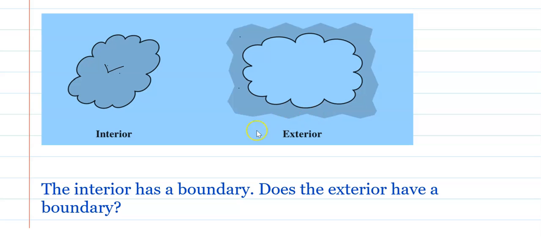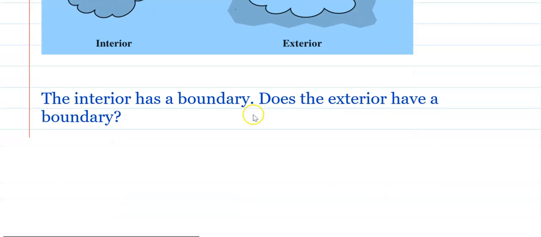Okay. Now the interior has a boundary. Does the exterior have a boundary? Yes. I will say that here there are two boundaries we will consider. The exterior part, the outer part, does not have any boundary. It extends infinitely. But the inner part, this is the boundary. Okay. Now the next is